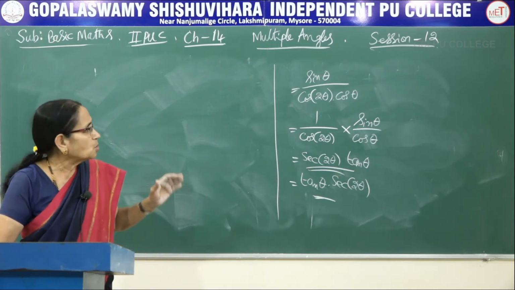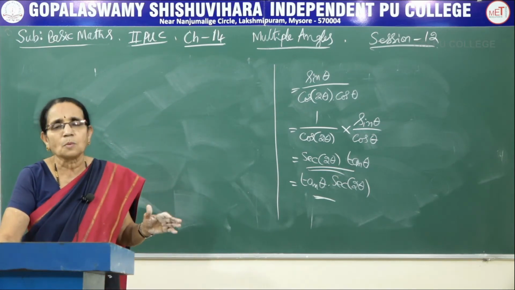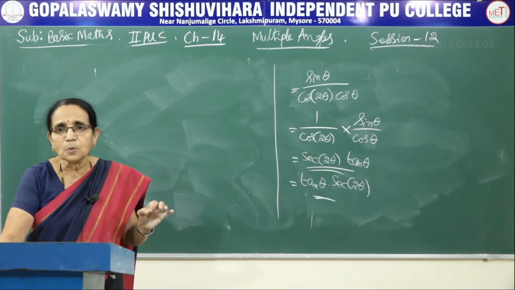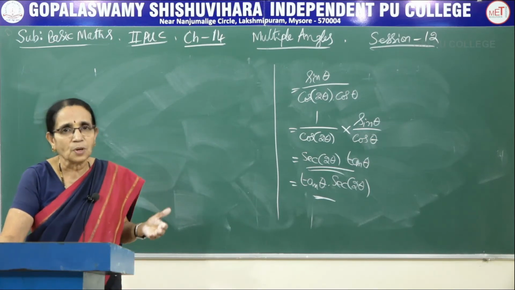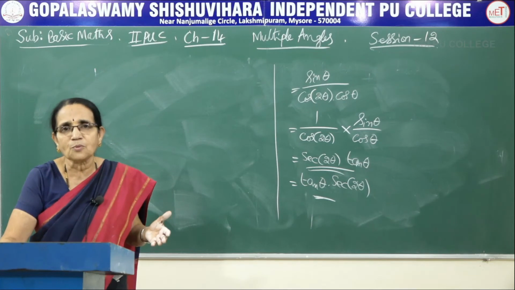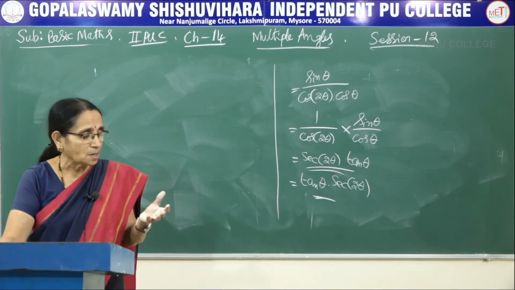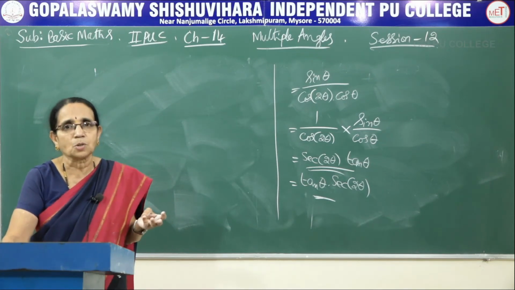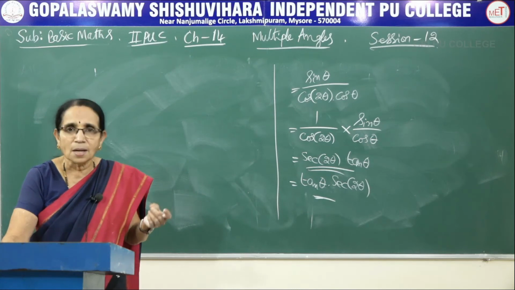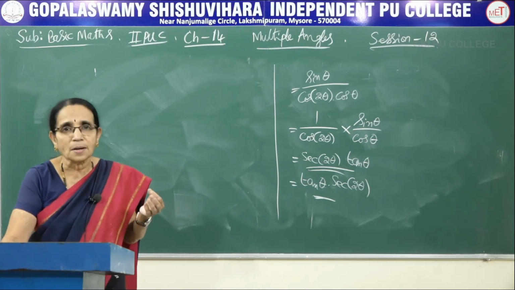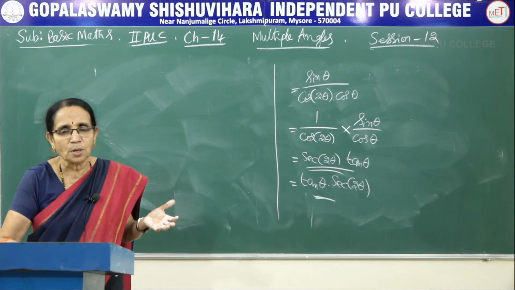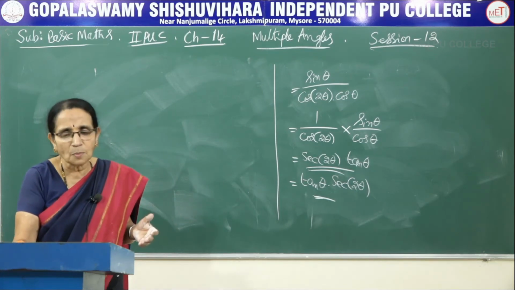and finally we arrived at the result. So when you work out a problem, any problem on trigonometry, in one problem we will be using so much of information. You should be familiar from the basic concept, that is the definition of the trigonometric ratio, the identities, the allied angles, or sometimes the standard values also we should be knowing. Then only we can work out the problems.